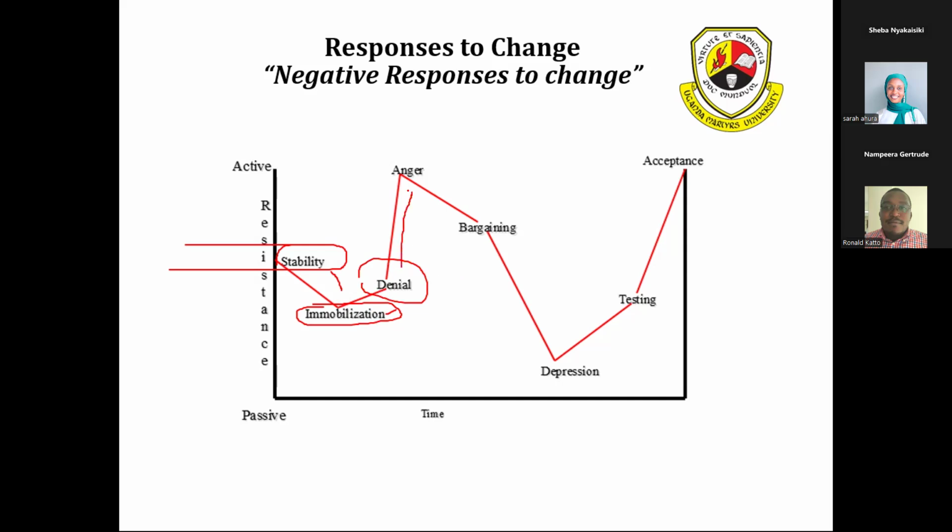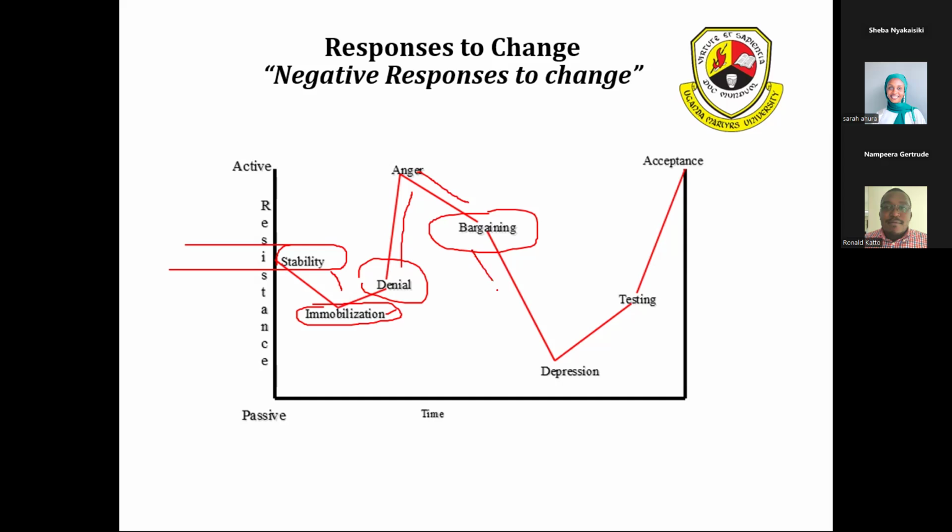And this comes with anger. Yeah? This comes with anger, and this is when you have stiff resistance. Now, this is where change management brings in bargaining. When you begin to bargain, to say, okay, this could come in with incentives, trainings at a very nice location where people will eat nice food, and so on and so forth, and rewards